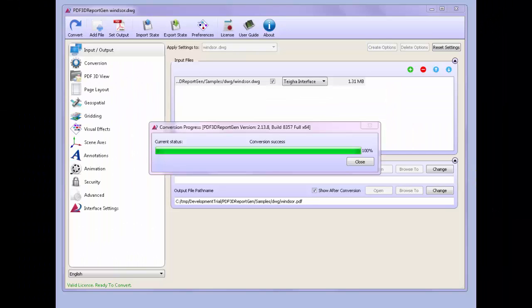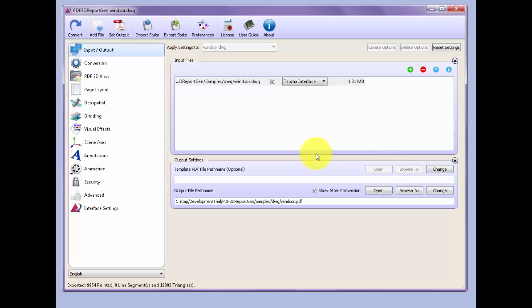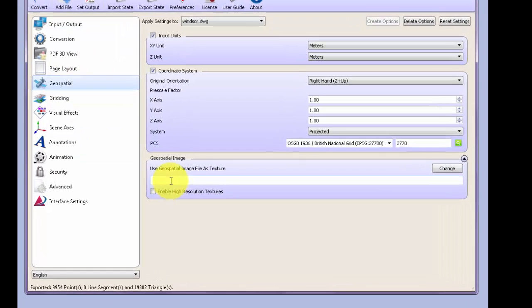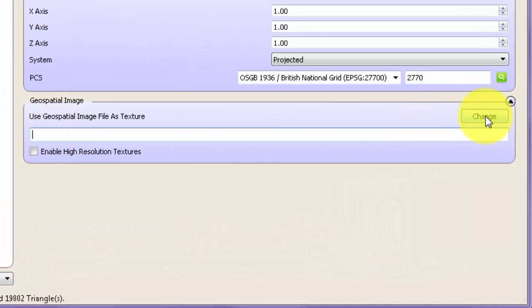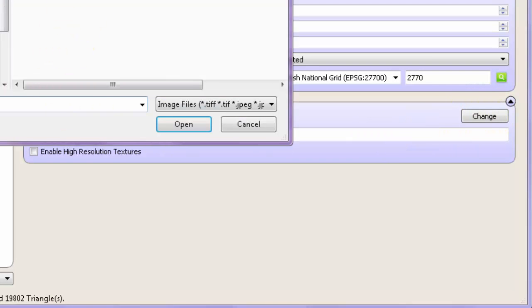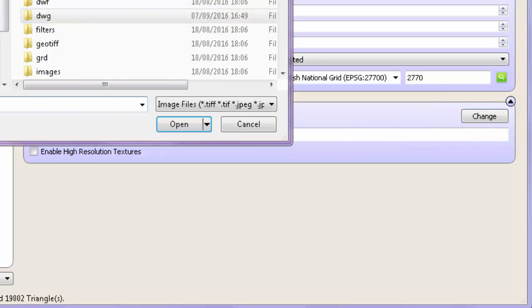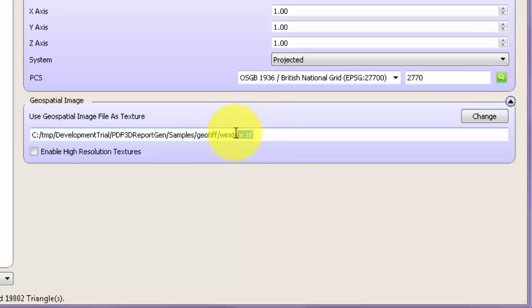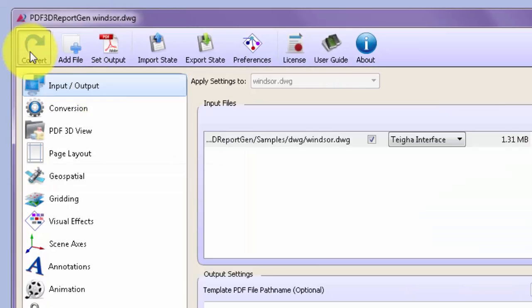Okay, so back in PDF3D ReportGen menus, we can go to the geospatial coordinate system and add a relevant geospatial image, an ortho image, to drape onto the surface. In this case, we've specified a GeoTIFF image, which includes a coordinate system, and we can enable high-resolution textures to represent the best features of that image. Now our second conversion